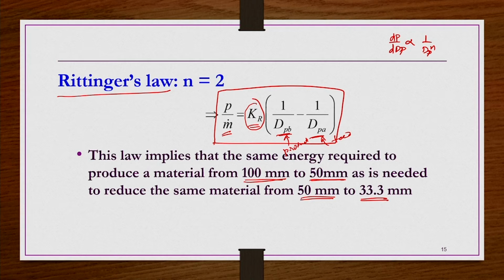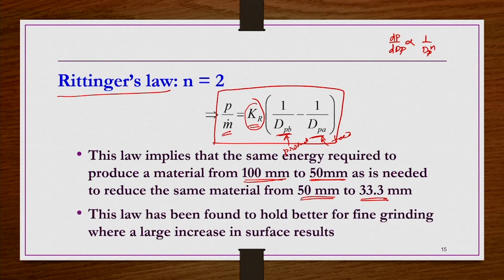That is the reason, as I mentioned, these crushing laws do not hold well in practical situations, but they give a kind of a priori information. So indirectly you are saying that if you crush 100 mm particles to get 50 mm particles, the same power will be required to reduce those 50 mm particles further to 33.3 mm particles. That is not going to be true in general. Okay, that is one of the limitations. This limitation is there for other laws also,